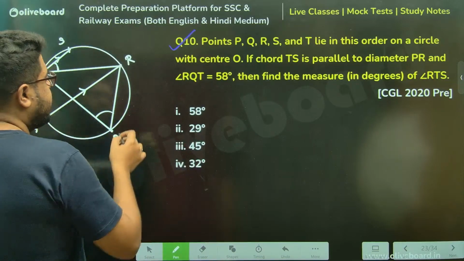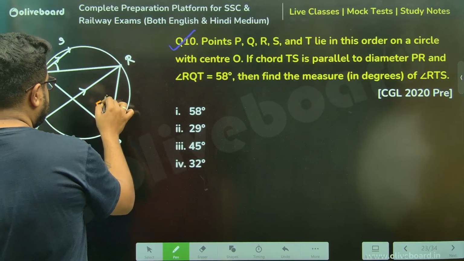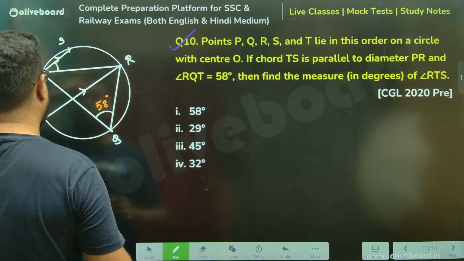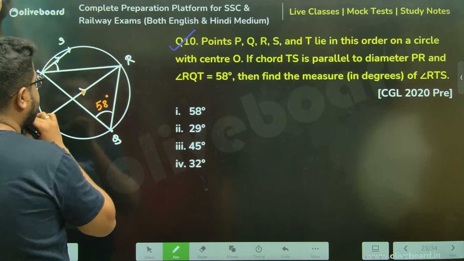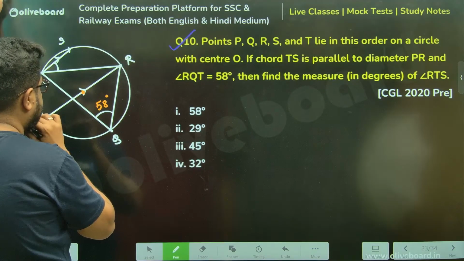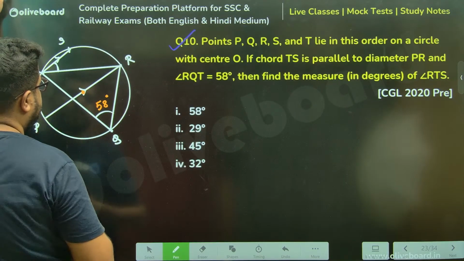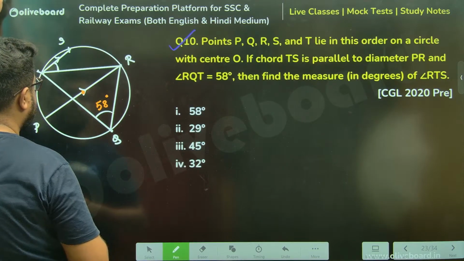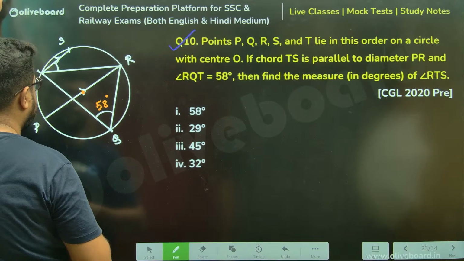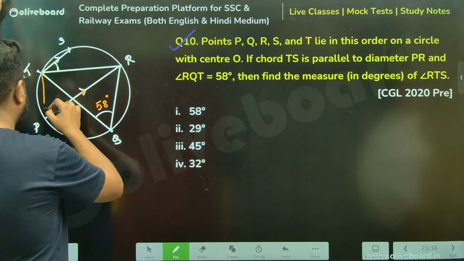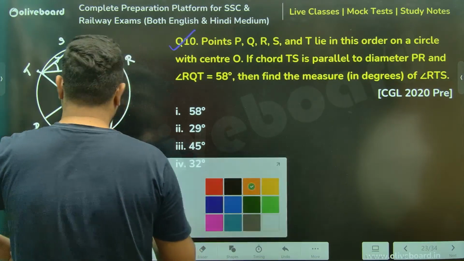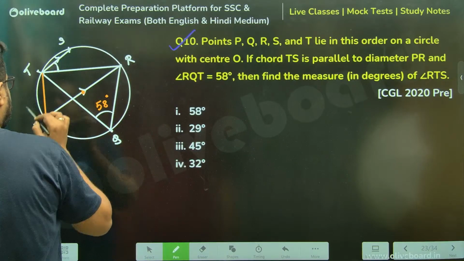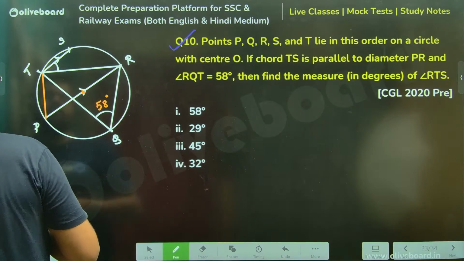Sir, this angle is given to you as 58 degrees. Correct? And this is diameter, remember. This is your diameter. Just a second. So if I join these 2 points,